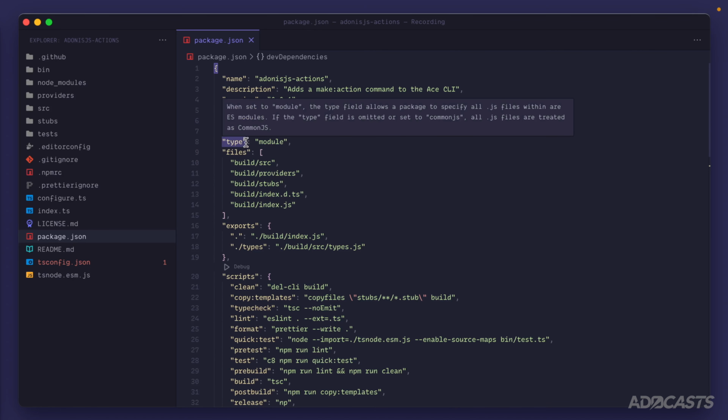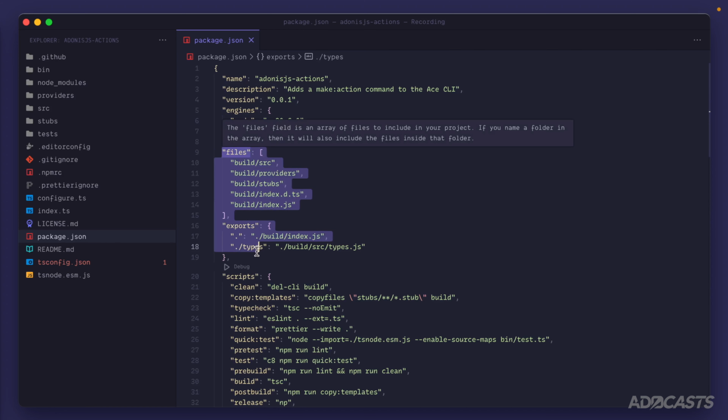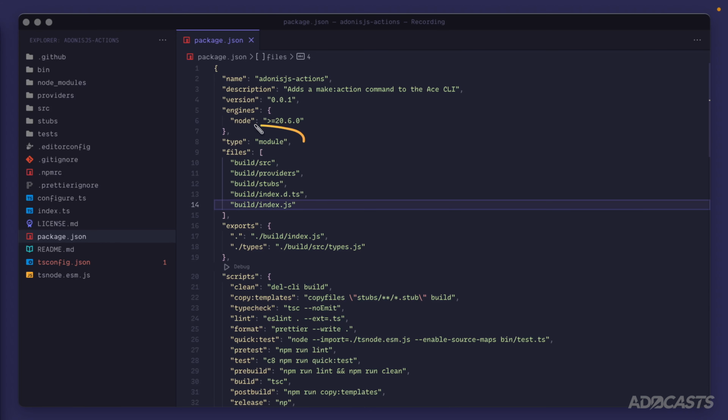Let's scroll back up to the top here now, and we want to take a look at the files array as well as the exports here. The files array is a list of files and folders that we want npm to include with our package whenever we actually publish it out. Files and folders not listed here are going to be excluded from npm and excluded from installs of our package. So you want to make sure that everything that your package actually requires is included within the files array